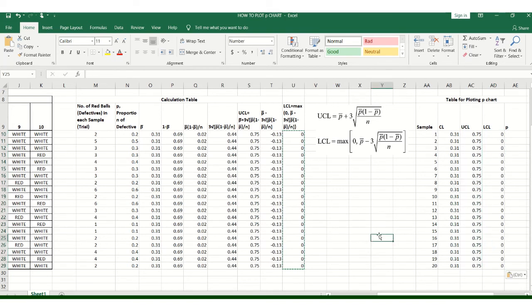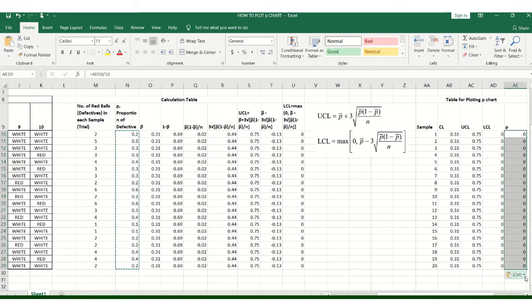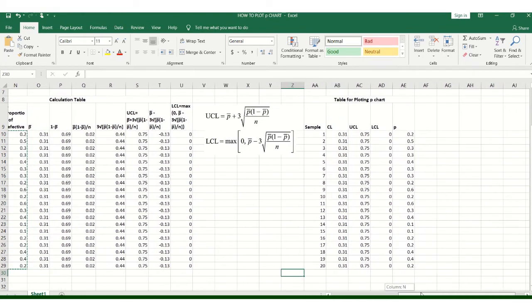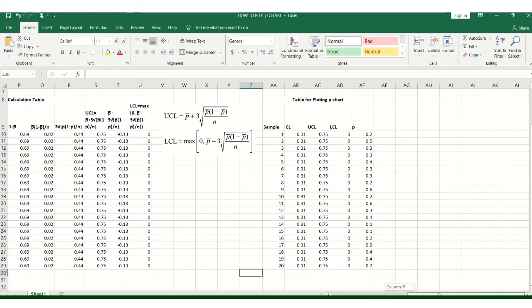So this is already done. P, the proportion. Here are the values of the proportion in each sample. Just copy it. Again, paste as values. So we have done the table, the values that are required for formatting the P chart.